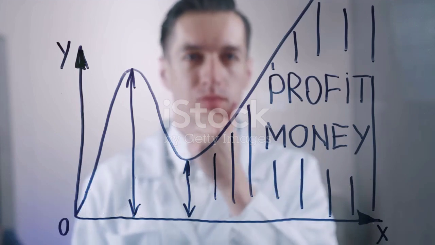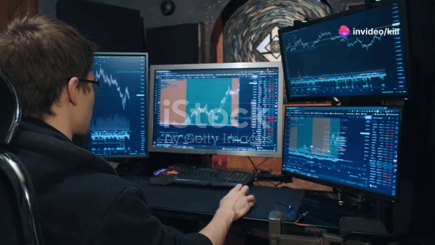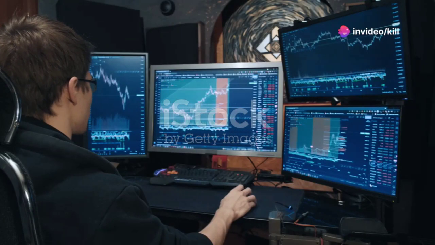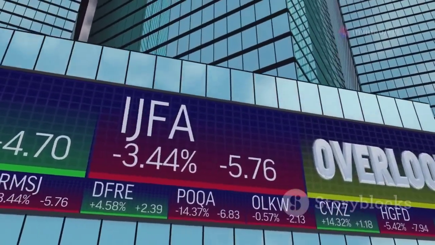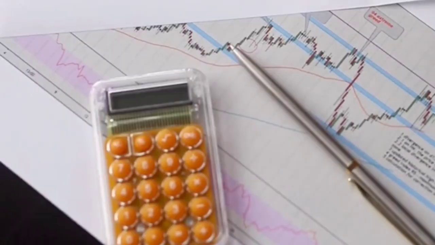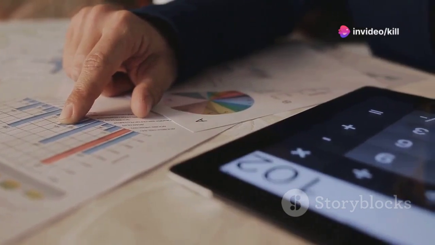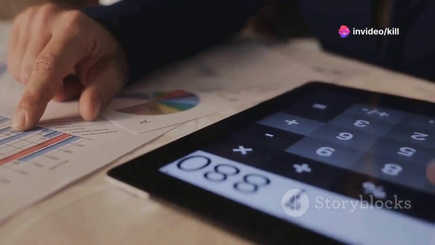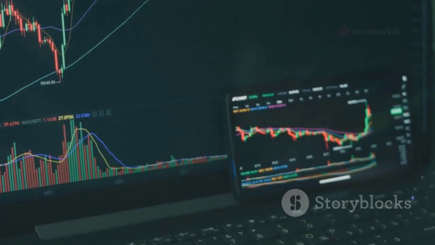Now that we understand what the PE ratio is and how to calculate it, let's explore how to determine if a stock is cheap or expensive based on this metric. A common misconception is that a low PE ratio automatically signifies a cheap stock, while a high PE ratio indicates an expensive one. However, it's not quite that simple. The PE ratio must be considered in relation to a company's historical average, its industry peers, and its future growth